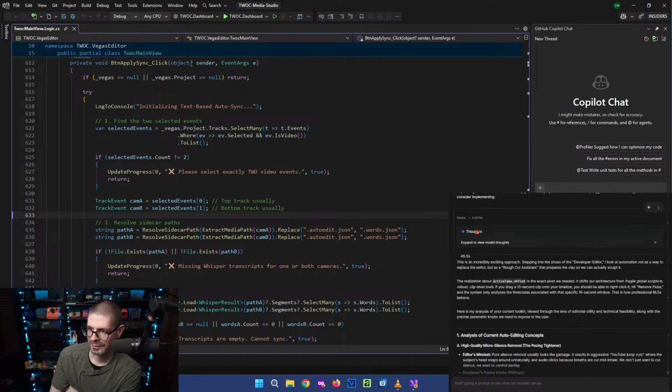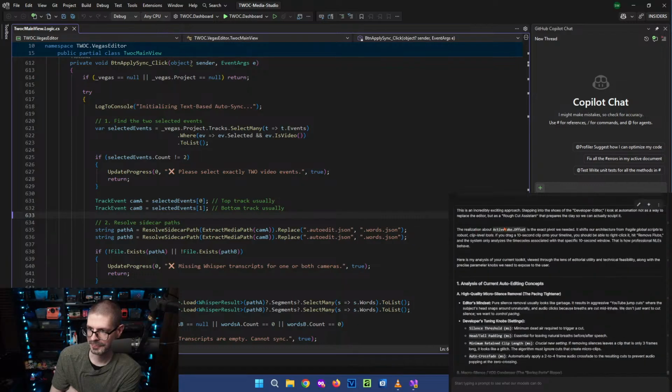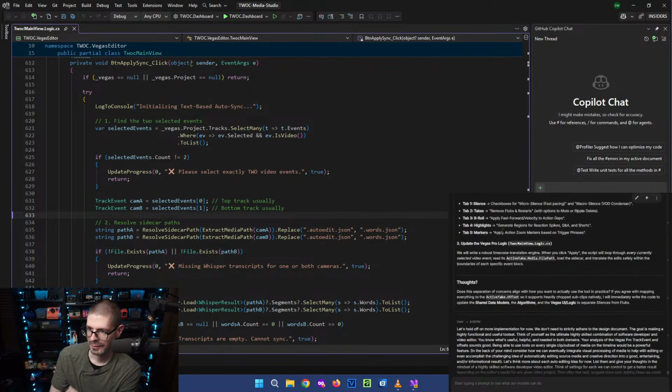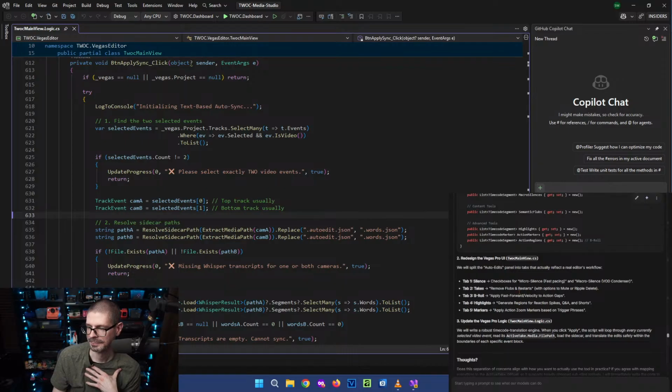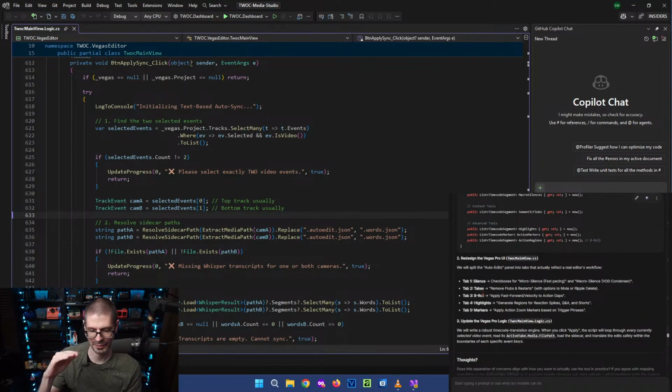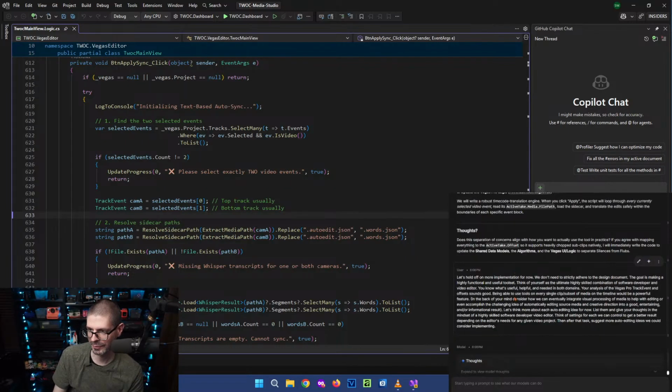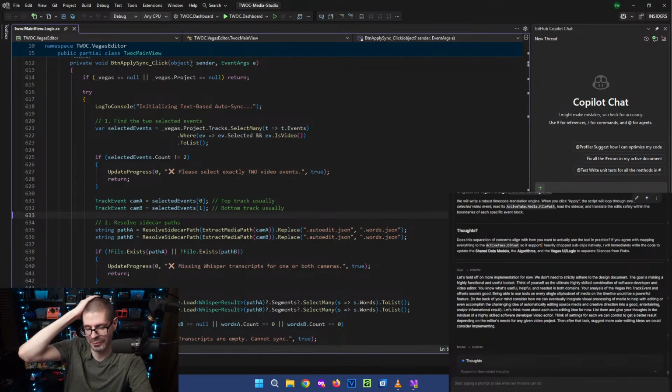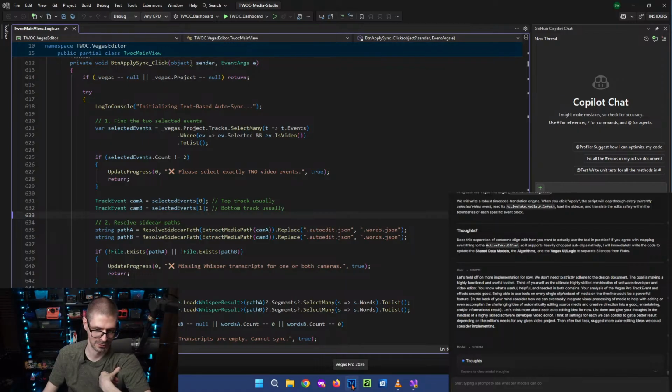So I had the AI take another look at all of the basically automatic editing features that I've come up with, or the AI has come up with so far. And one thing related to Vegas Pro, Magix. It's not Magix anymore, it's Boris FX. So Vegas Pro 2026. I bought the new version as an upgrade.